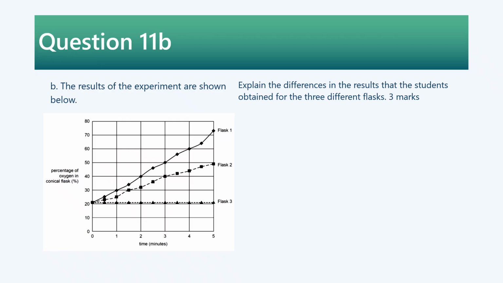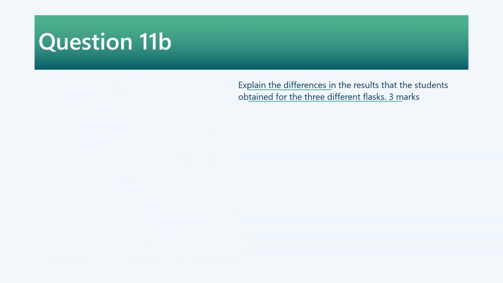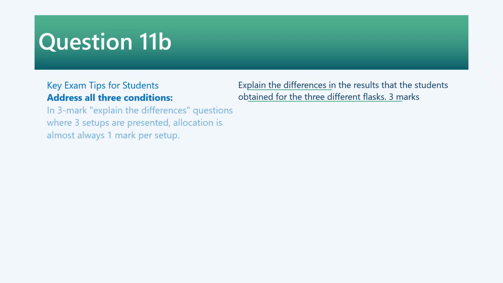Explain the differences in the results that the students obtained for the 3 different flasks. 3 marks. Key exam tips for students. Address all 3 conditions. In a 3 mark explain the differences question where 3 setups are presented,